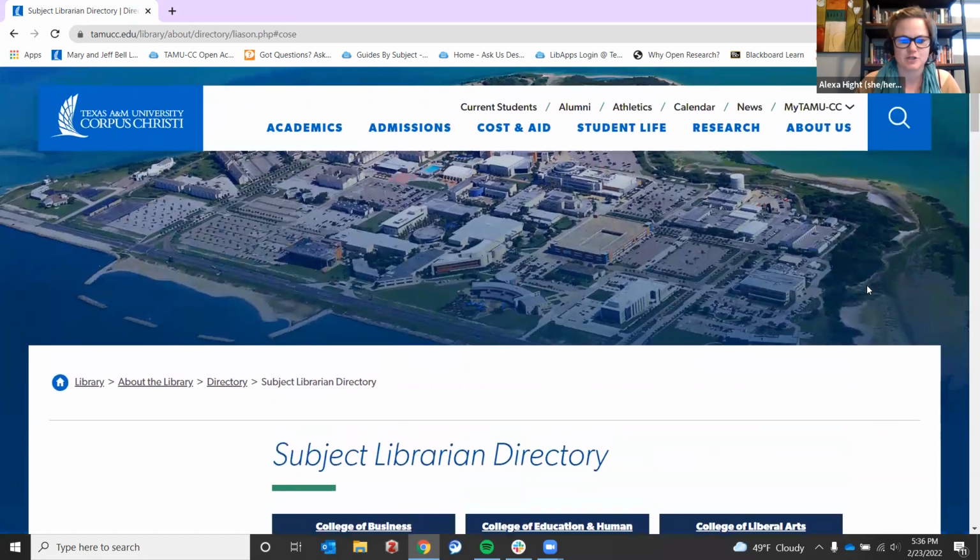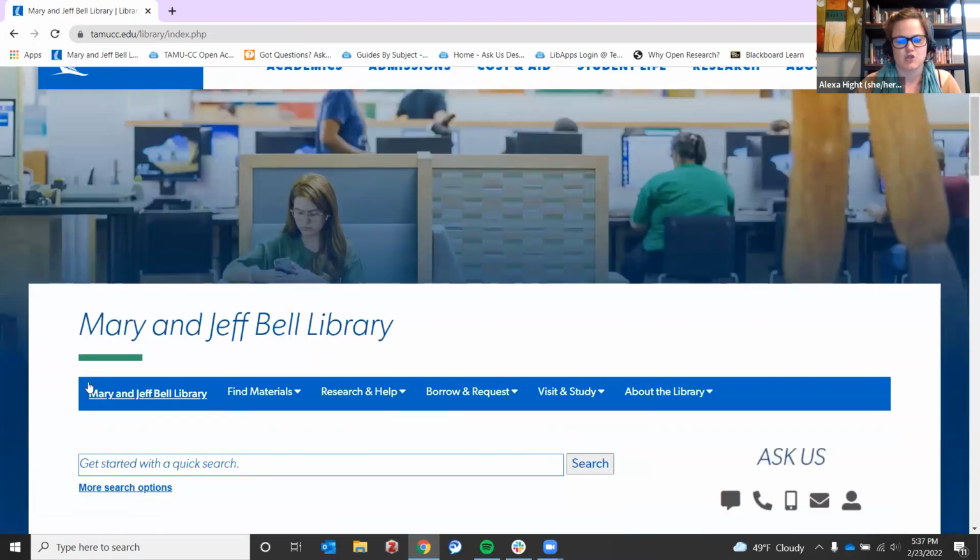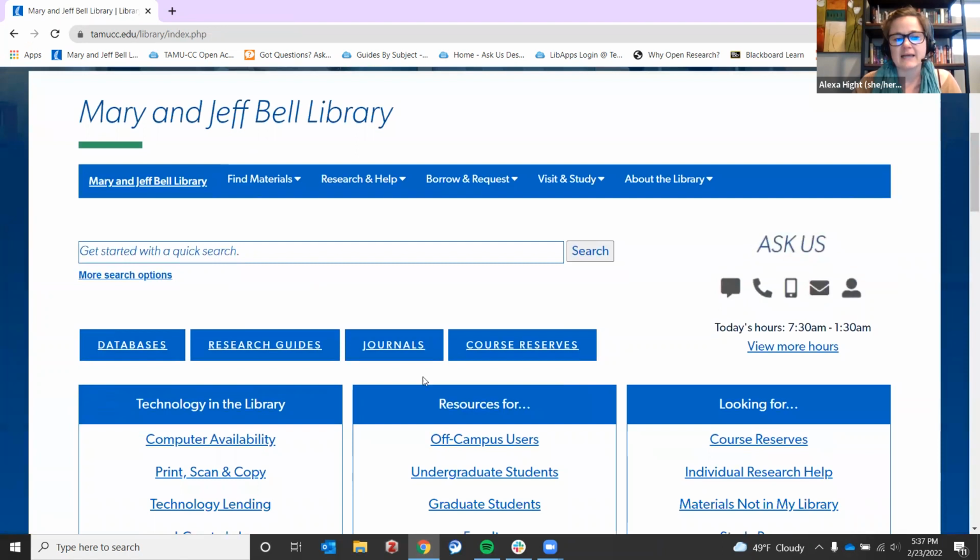So after today, if you're having trouble identifying resources or getting access to something that you think you should have access to, you can contact us. And again, you can also just chat with us and call us, and that service is available 24/7. Monday through Friday, 8 to 5, the people on the other end of that are going to be TAMU-CC graduate students and librarians. The rest of the time, it will be a librarian, just not a TAMU-CC librarian. So they still are information specialists. They just might not be aware of our special programs or the resources we have access to, but they should be able to get you started. Okay, so that's Ask Us.